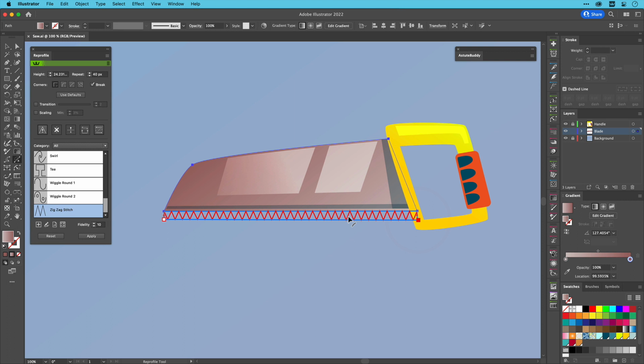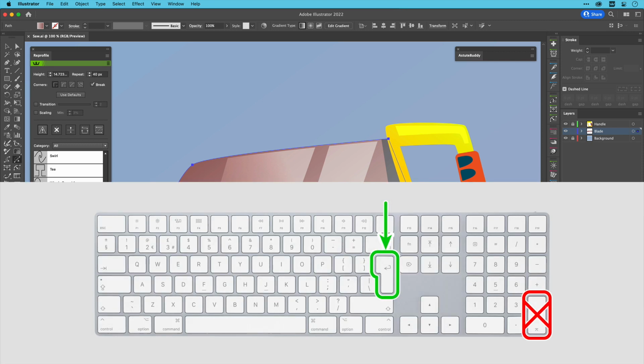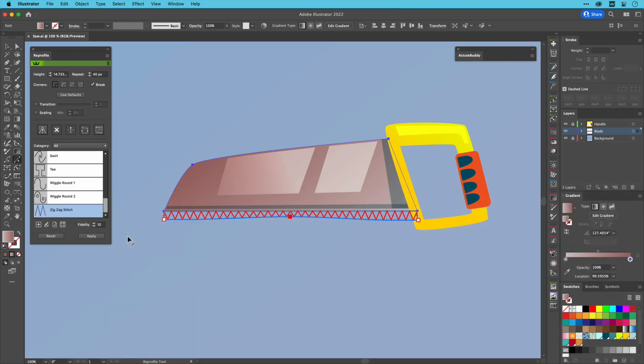That already looks like it will be good, but we can make the saw look a little bit more worn out and organic by adding a third offset marker back in the middle, just a bit shorter. I'm happy with how it looks, so I can apply it by either clicking on Apply in the panel or pressing the Enter Return key. Not the one on the numeric keypad if you have one, that is used to open the tool's preferences.